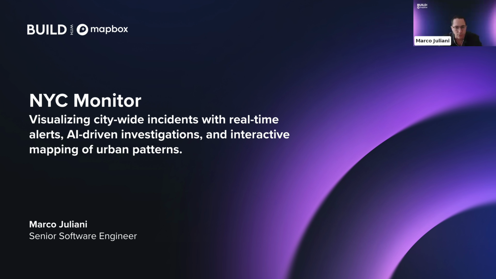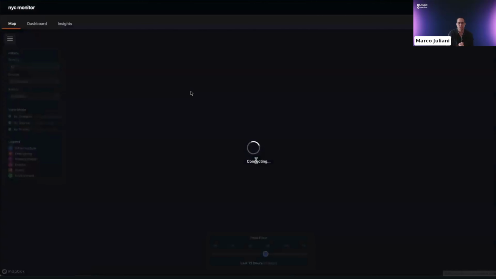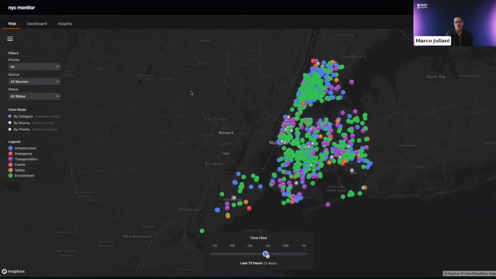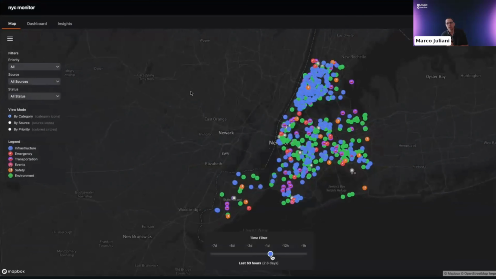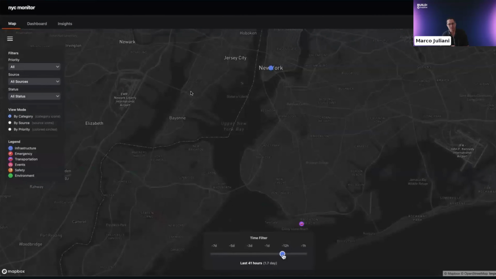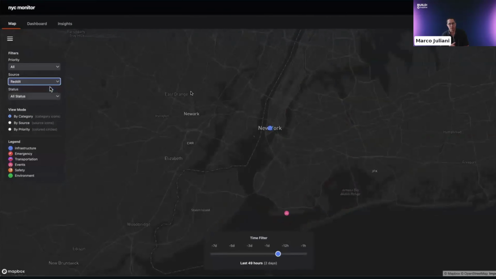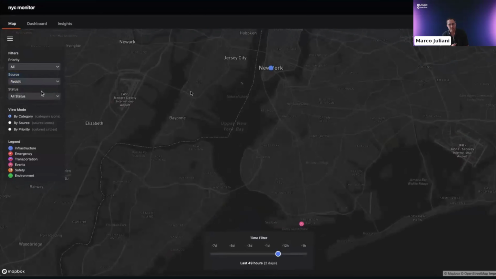Hey everyone, have a look at my screen here. So real quick, this is the current state of NYC Monitor, an application to autonomously monitor alert types across the 5 boroughs of New York. It was an end-to-end system using Cloud Scheduler and various other Google services to autonomously scrape alerts and map them and allow users to interactively